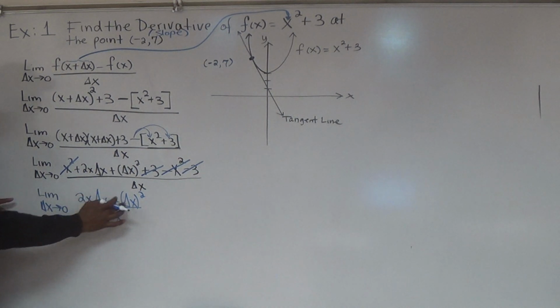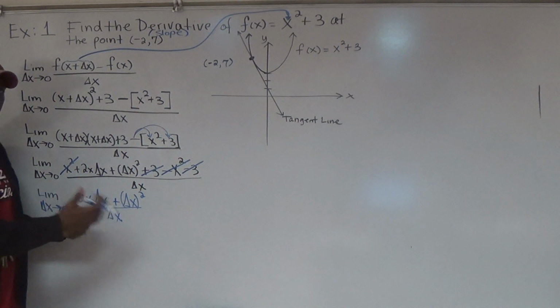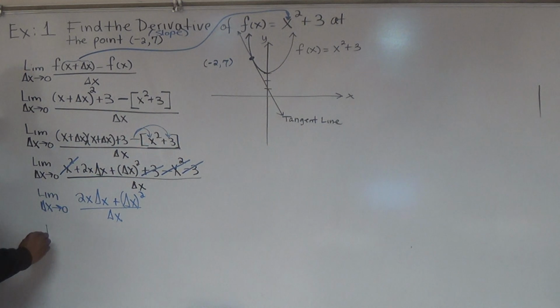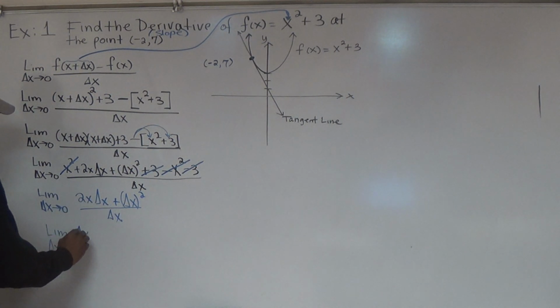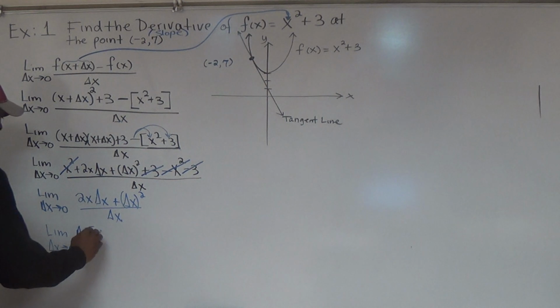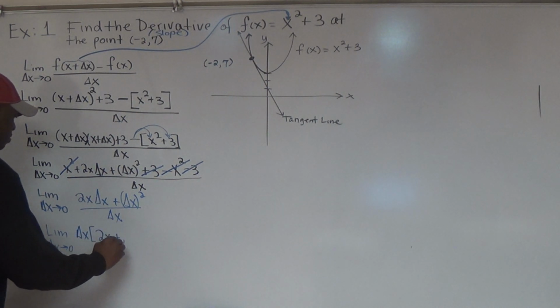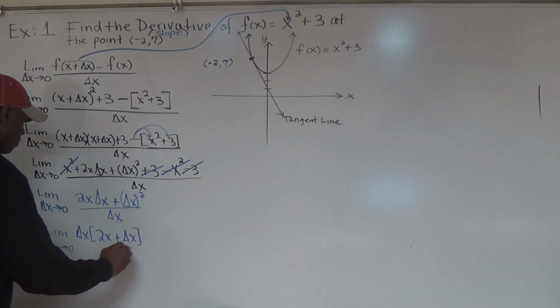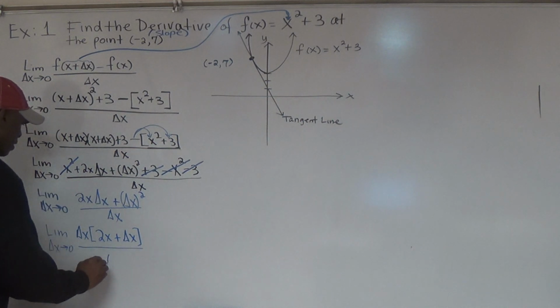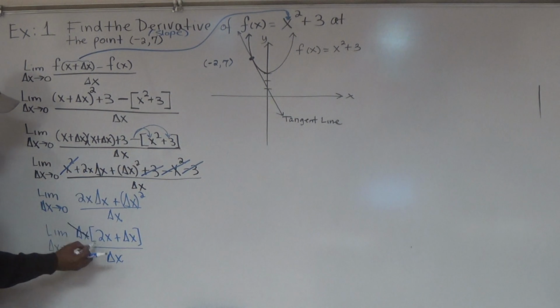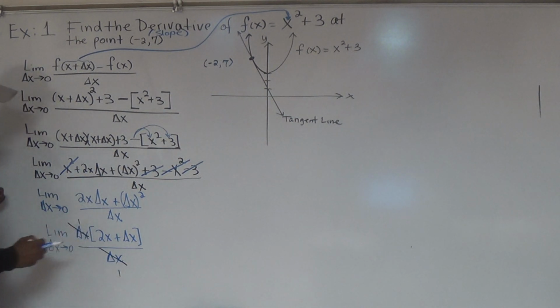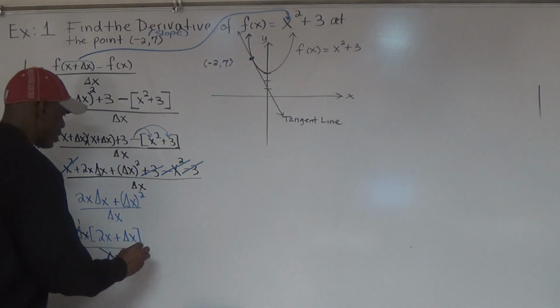From my numerator, I can factor out a delta x. So I have the limit now as delta x gets very small of delta x times (2x plus delta x), all divided by delta x. And notice here, the delta x's cancel out. They go to 1. So this is going to equal